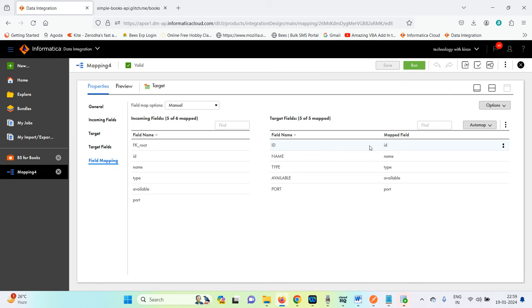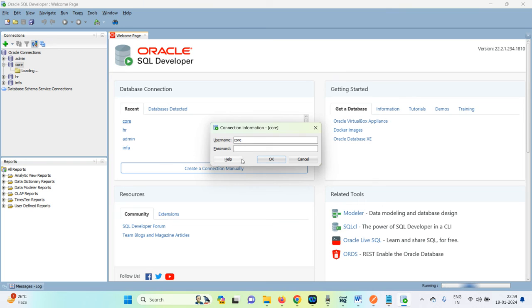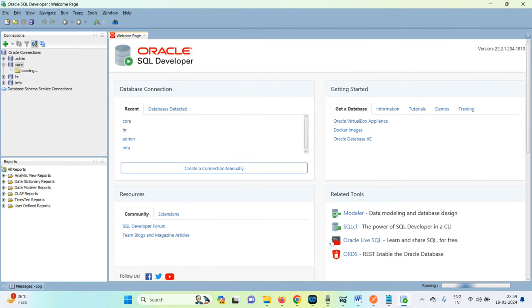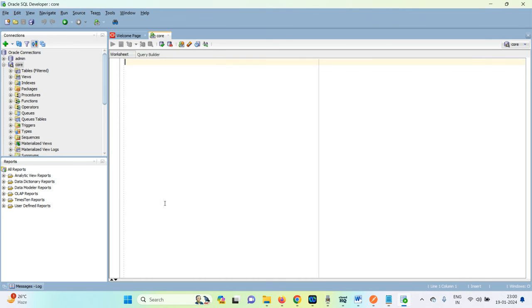We map ID to ID, name to name, type to type. In the core schema we see here